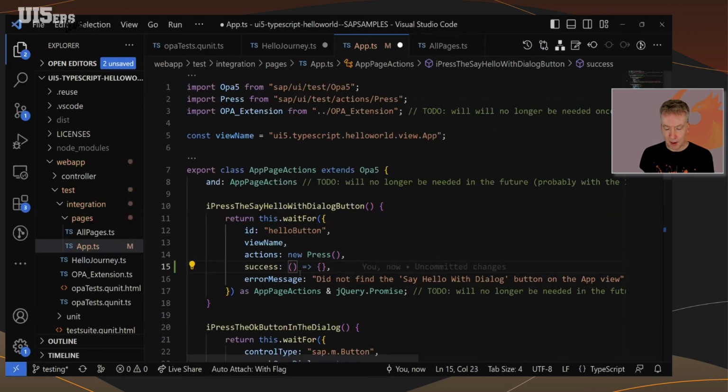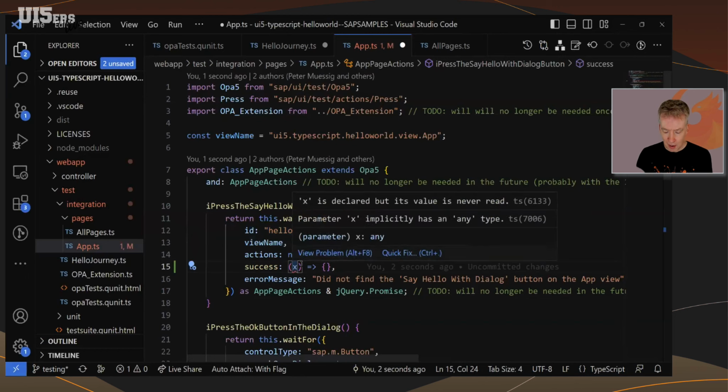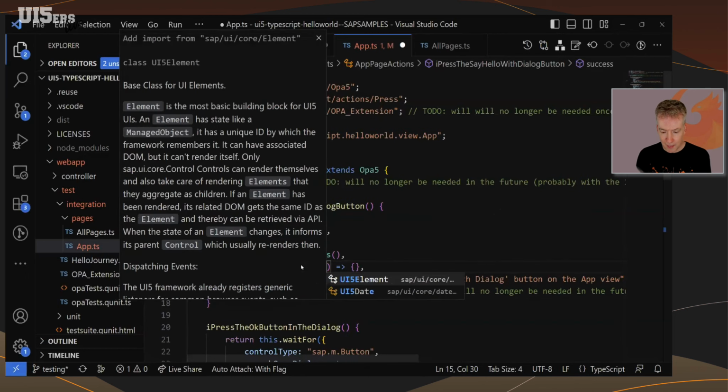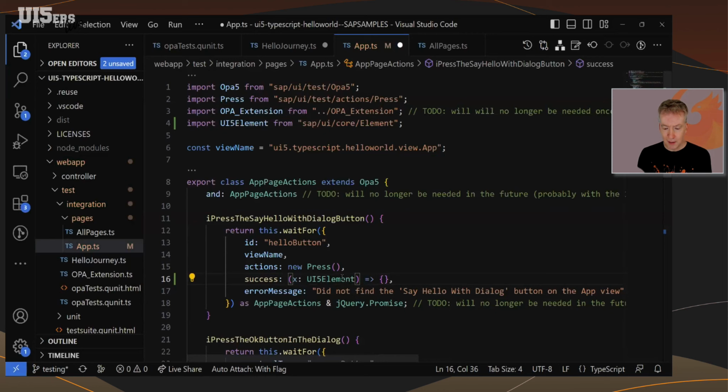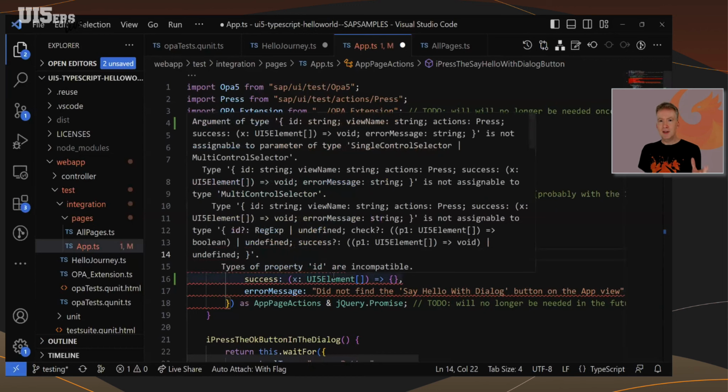That was always something I struggled with because the API says it could be one element or it could be many elements, but actually this is clear. It depends on the previous parameters. And when we say now UI5 element here, then it works and we have it typed. And when we say, oh, it could also be an array, then it complains, because with this signature it's always a single element, not an array.